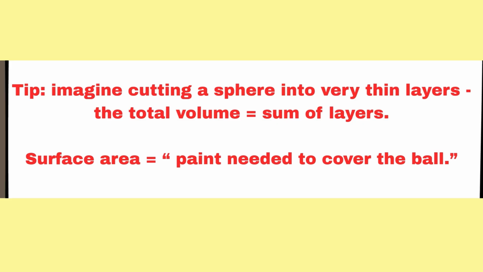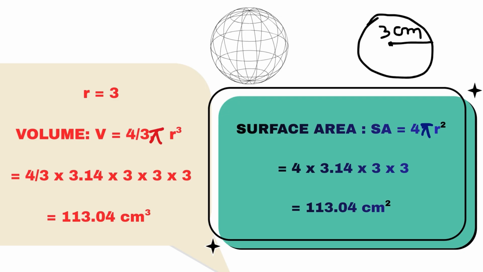First problem we will see here. We have a sphere, given a radius of 3 centimeter. Volume we know 4 by 3 pi r cube. Pi is always constant 3.14. We will put the values of radius here. We simplify it. 4 by 3 multiply 3.14 multiply, our radius is cube here, so we will use it 3 times, 3 multiply 3 multiply 3. Then we got 113.04 centimeter cube, the volume of this sphere.